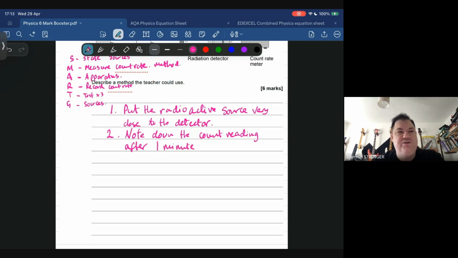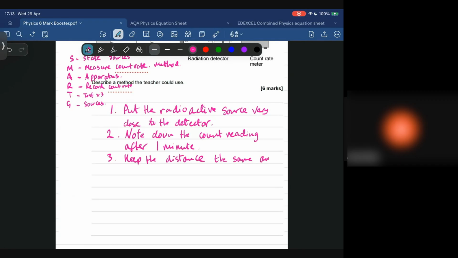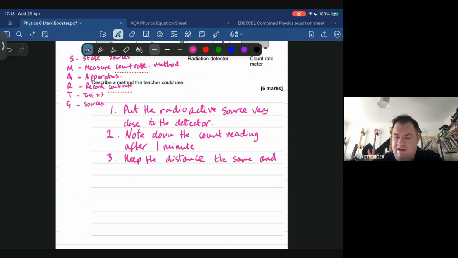Now, these things will just keep counting forever, right? So you do have to reset them in between. So what I would do is number 3, I would keep the distance the same. Why are we keeping the distance the same, Amina? So it's the same when you repeat the experiments. Yes. It doesn't interfere with the results. Yes, reliable, making it reliable. You've got to do things that make it so that if you did it again, you should get the same answer, right? So keep the distance the same and put the piece of paper between